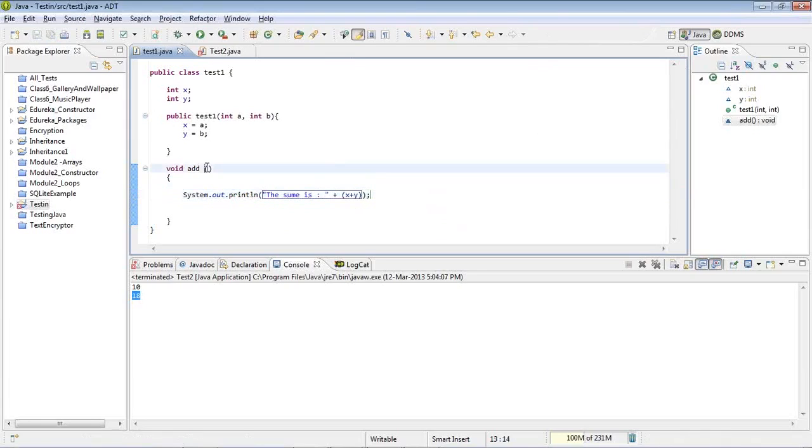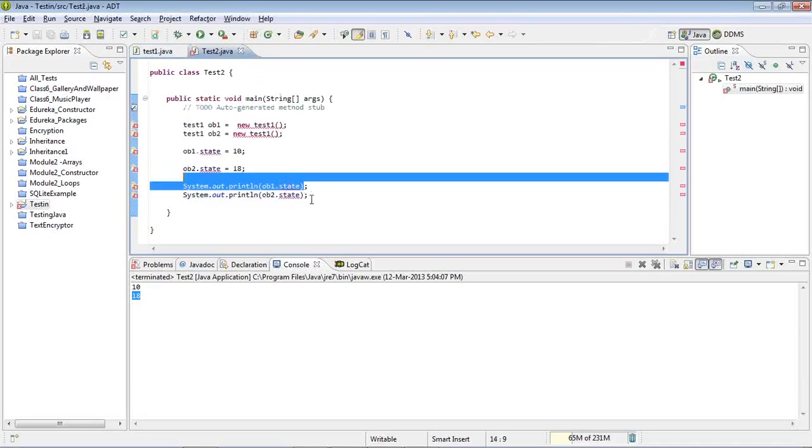Now I'm not passing any parameter to this function. Someone says a constructor is called as soon as an object is created for the class. Exactly. Yes, Ashraf, thank you for correcting me. Now I'm not taking any parameter in this function, and I'm not returning anything. It has a functionality that will print the numbers.